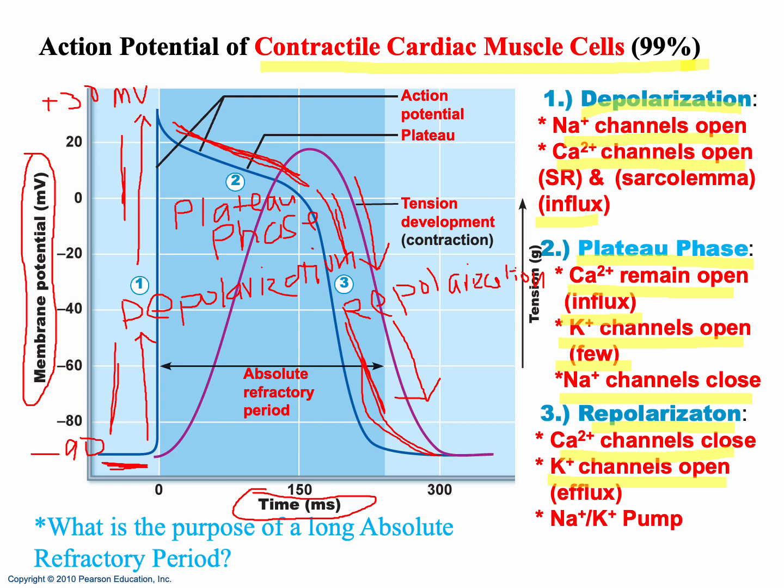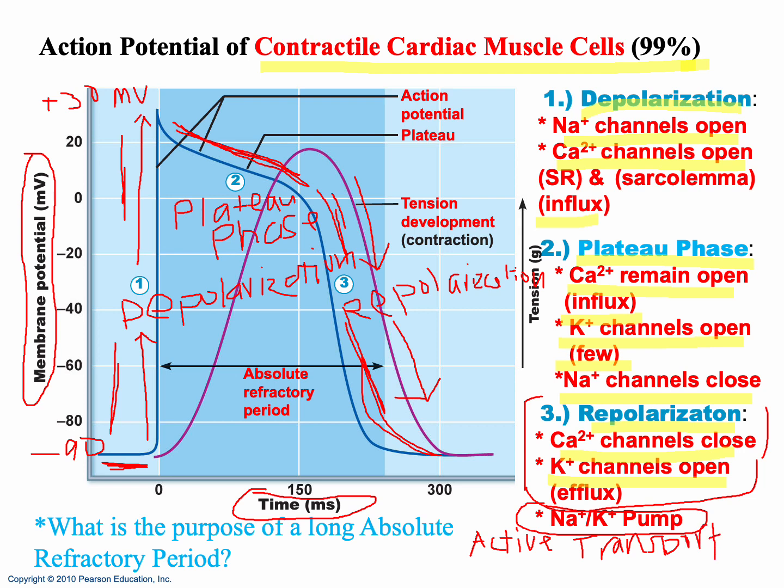And then, one final thing to consider here, we've gone through the events of repolarization already, which are right here. And we've gone through the plateau phase and depolarization. But we haven't mentioned yet the sodium-potassium pump. This pump is very important. It is a great example of active transport. So if you remember your transport processes from last semester, passive transport, active transport, this is a great example here of active transport,